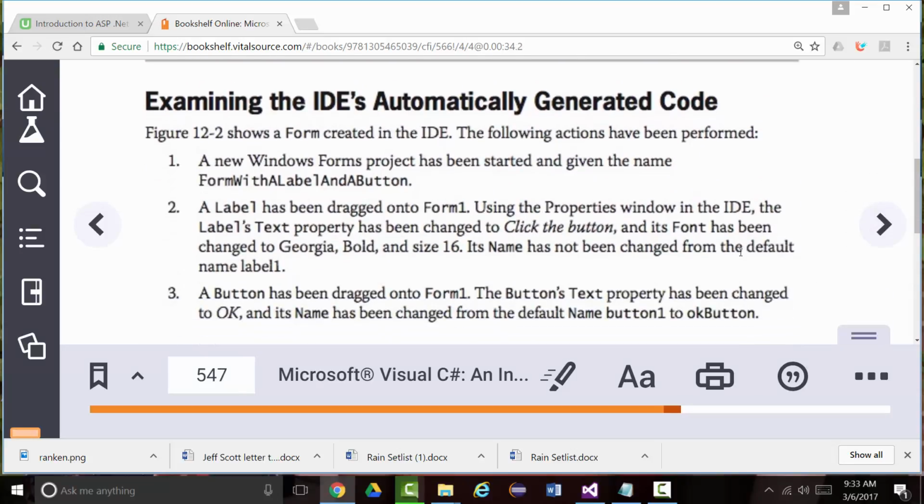Why would you want multiple forms? What if on my first page, what if I'm writing a big payroll application? And on the first page, I've got a list of radio buttons. And you choose, kind of like we did on the last test: hourly employee, commission employee, piecework employee, something like that. And as you click one of those, there's not even a button. As soon as you click that, it brings up a form